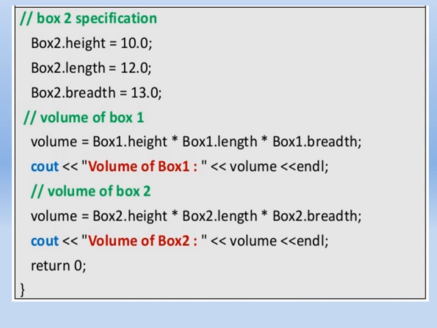So when we get the volume as output, it will give two different outputs, two different volumes of the box, as we are taking different values. So this is the way to display the volume by using two different objects.